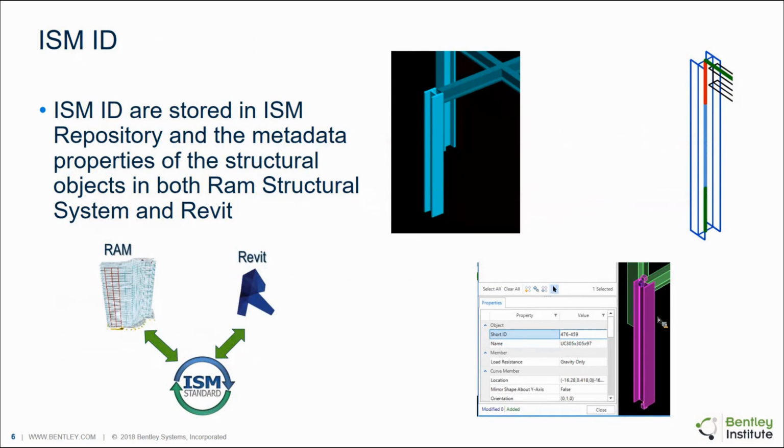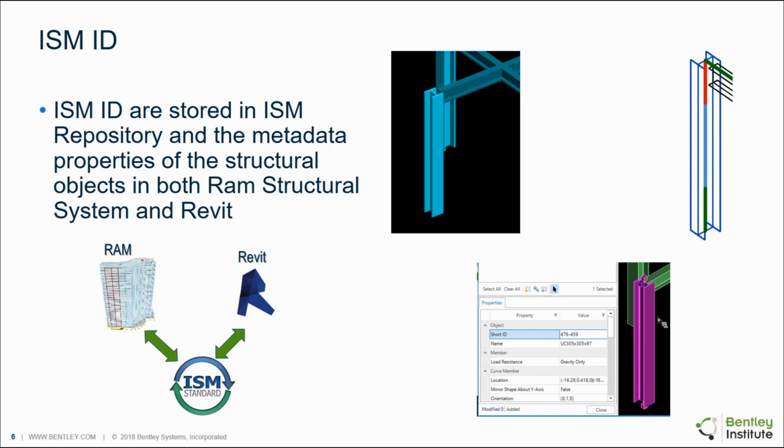Let me quickly jump to the next slide just to show what this is. Each time I do an ISM operation, the ISM ID is stored simultaneously in RAM Structural System, in the ISM repository, as you see there in the bottom screenshot with the same short ID. And likewise, if I pull that in, it will go into this column there on the top right, which is a Revit column. Understanding this is important because let's say, for example, in RAM Structural System, you delete an existing column